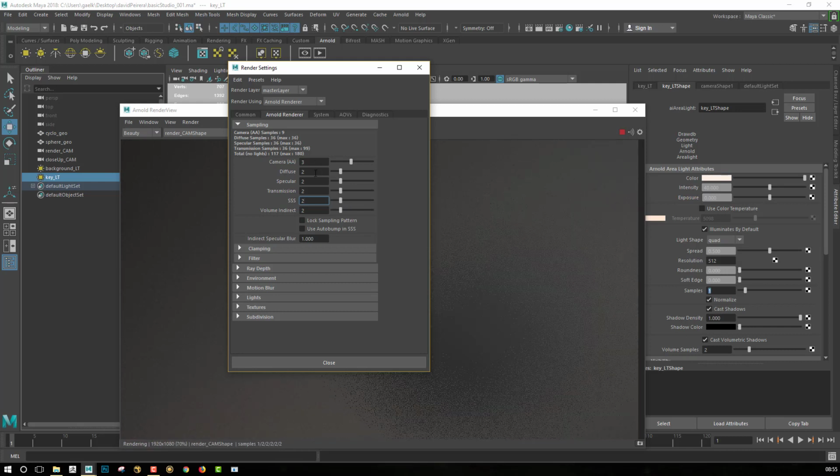So you can adjust them one by one, or you can just decide at the end of the render to raise up the camera anti-aliasing. And something that I'm not 100% sure about is whether the SSS will be multiplied as well. So just to be sure, you can also raise the value of the subsurface scattering sample.